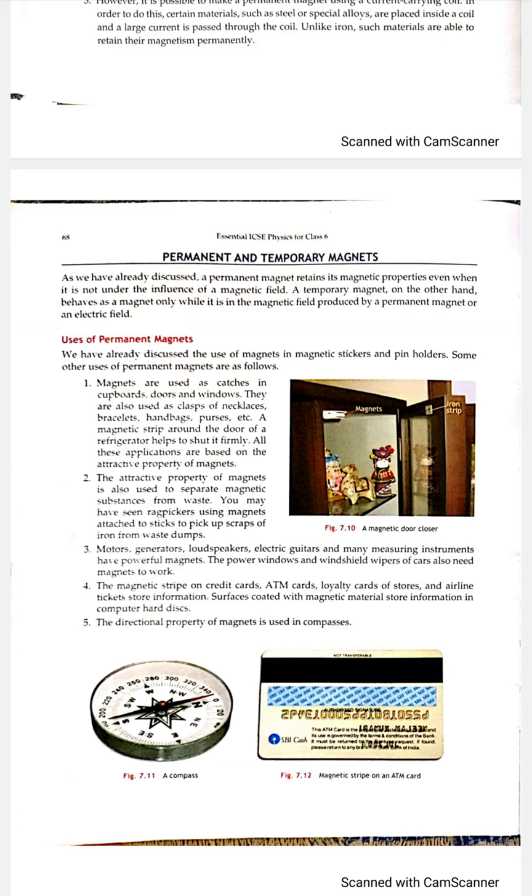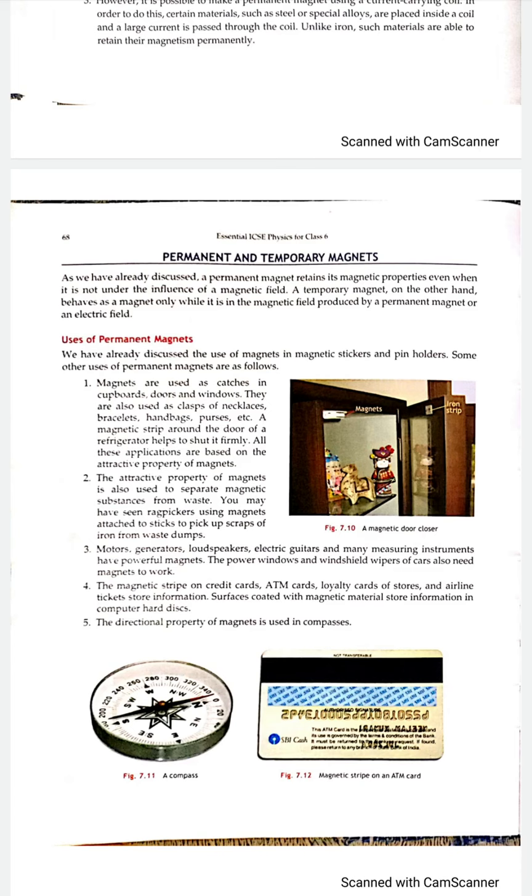The attractive property of the magnet is also used to separate magnetic materials from the non-magnetic materials. This technique we call magnetic separation, and it is used in the scrap yards to separate out magnetic materials from the other wastes.